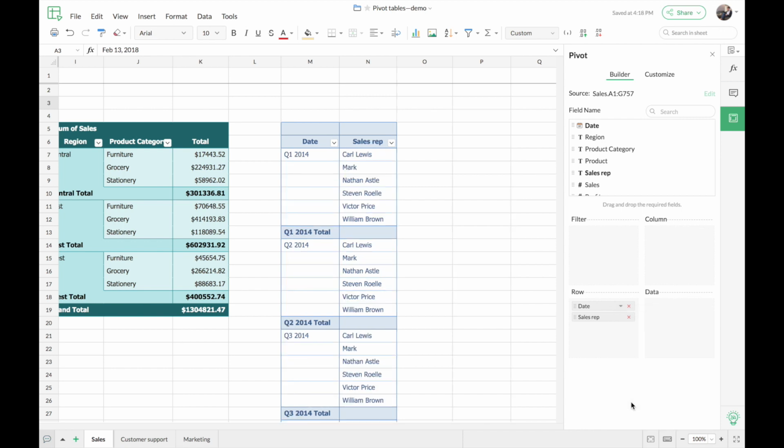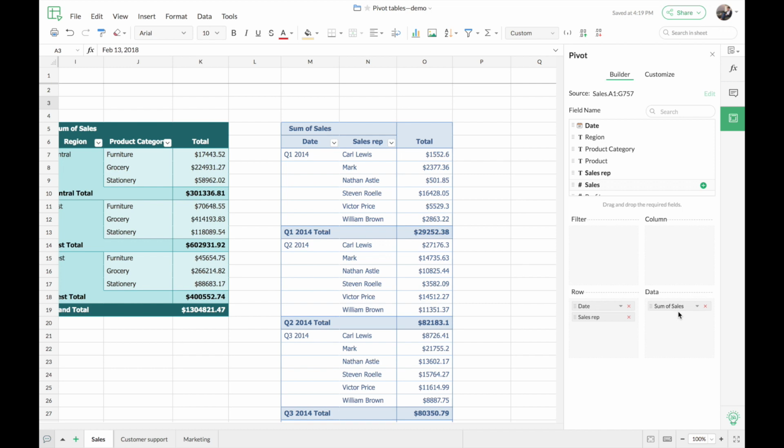And on the left, you can see how the data changes. So here you can notice that we have got quarter 1 of 2014, quarter 2 of 2014, and so on it goes. So this is more clear for me and I can see what exactly has happened in each quarter per year. So now we have the date and sales rep data ready. So all we have to do is insert the next data we want to consolidate the table by. That is the sales value. So I'm just going to drag and drop sales into data here. So as you can notice, we have got the default function as sum. So I'm going to leave it as such because I want the total sales value.